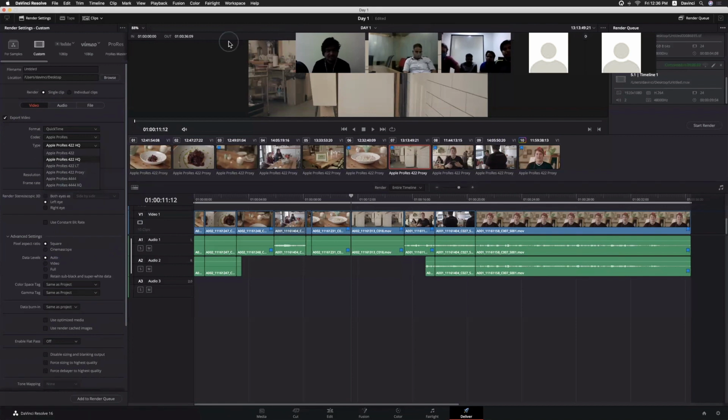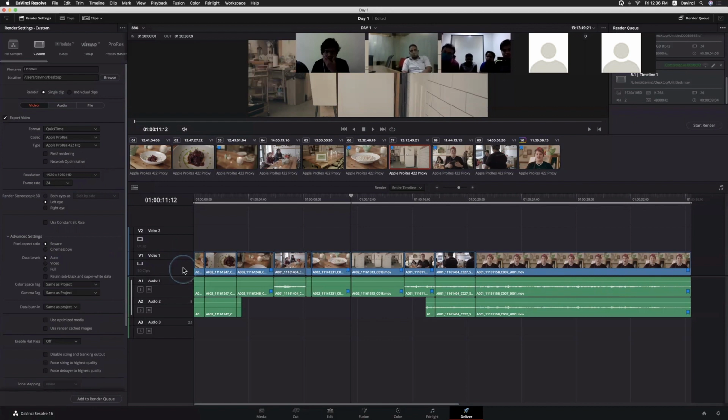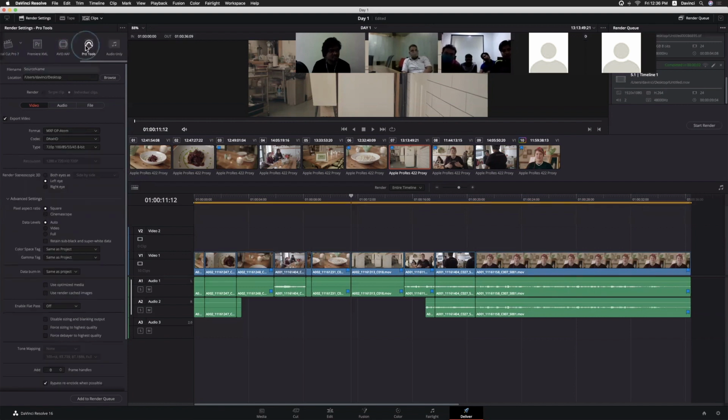And any other doubts for the exporting? Rajit, in audio, apart from the 521 studio, can we export the OMF files? OMF, for Pro Tools? For Pro Tools, yes. I don't know about that process, but for Pro Tools, we do have a separate preset, I think here. Yeah, Pro Tools preset.